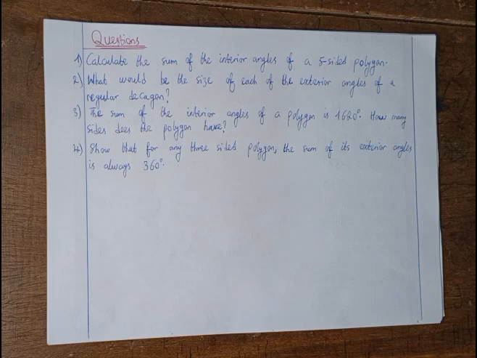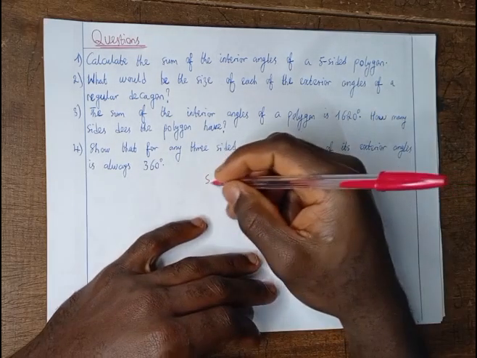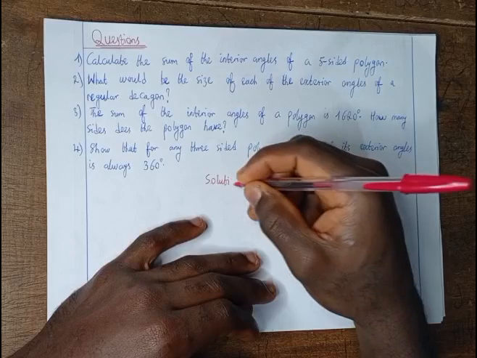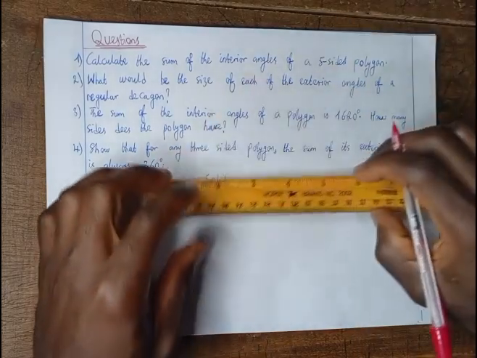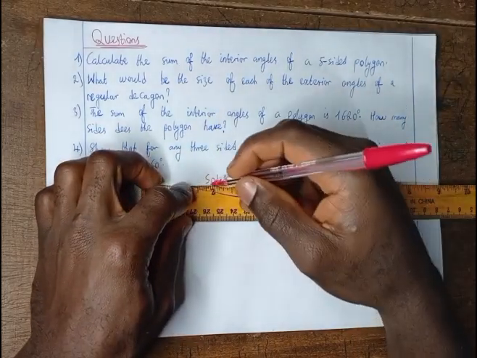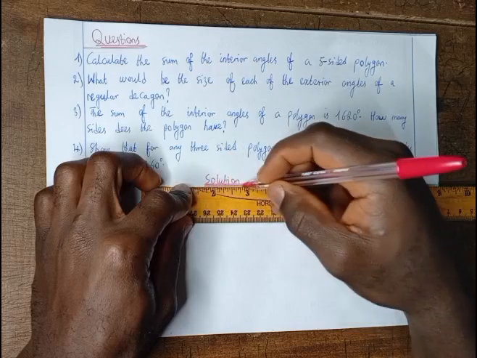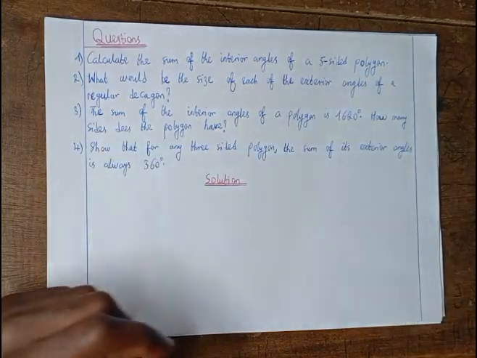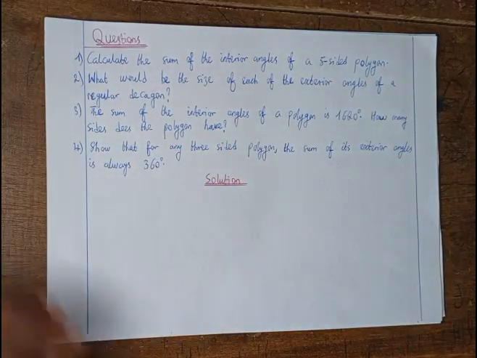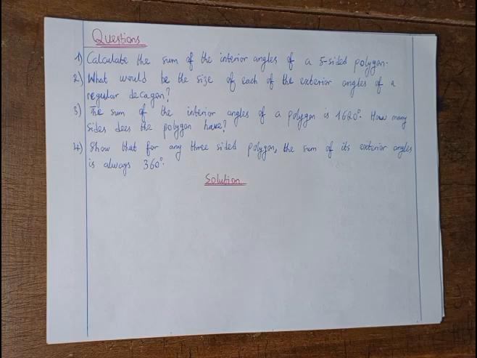Question 1 says, calculate the sum of the interior angles of a 5-sided polygon. Take down solution. A 5-sided polygon means it is a pentagon. First, before we start, we know that for a 3-sided polygon, a triangle